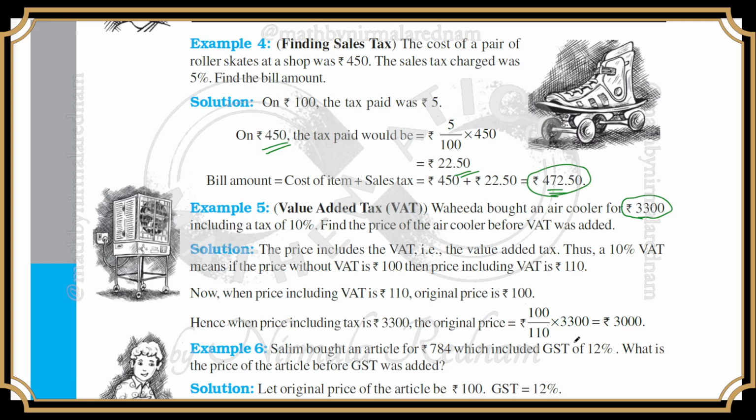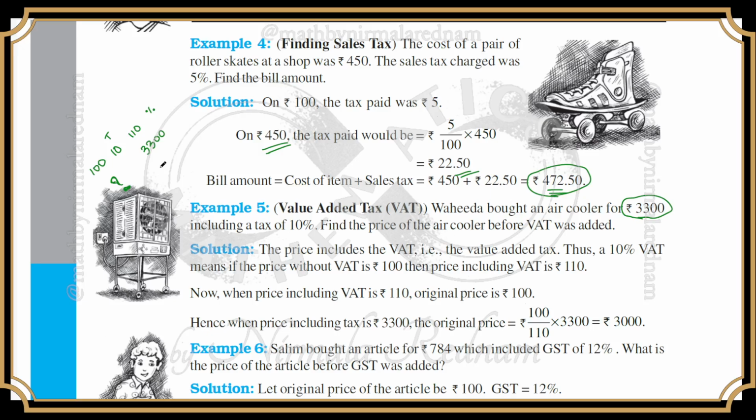So first let us look at the percentages world. In my world of percentages, 100 is my cost of the item, 10 is the tax charged on it, right? And 110 is the bill I am paying. 110 is the bill amount that I am going to end up paying. Now in the real world, this is the percentage world. In the real world, I am paying 3,300, correct? And they're asking me what is the actual cost of the item. So I'm going to take these two,